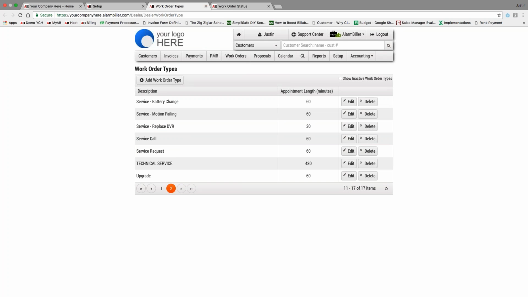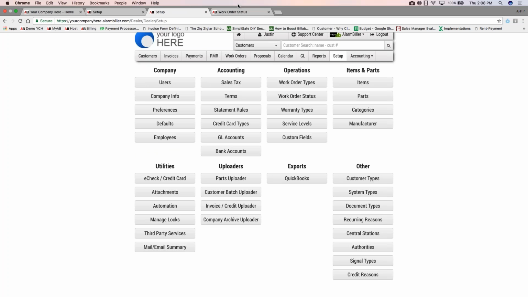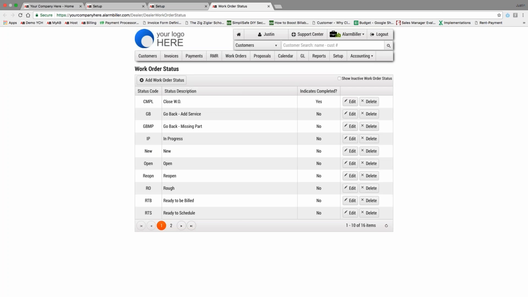Okay. Now we're going to jump over to statuses, and again, statuses is right under operations and work order statuses. So if we go into statuses now, what this has, and I know a lot of customers don't use these, they're different statuses. As you progress through the work order, you're going to want to have these updated so you know exactly where the status of the work order stands. So for example, if you have a go back ticket, well, you need to know that it's a go back ticket